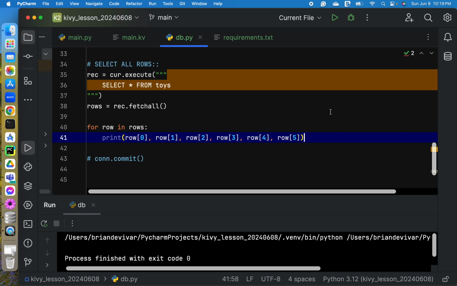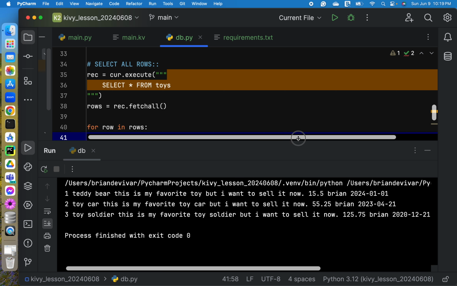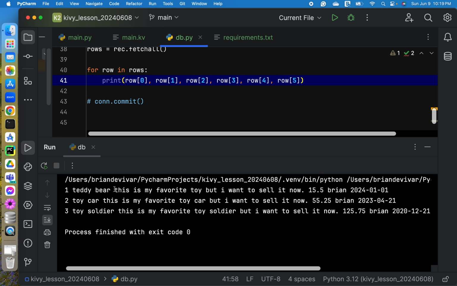So let's run our select statement. Okay, so as you can see, we are successful in pulling the data from our table.